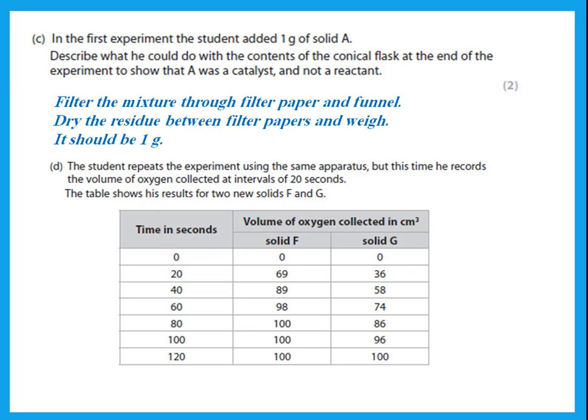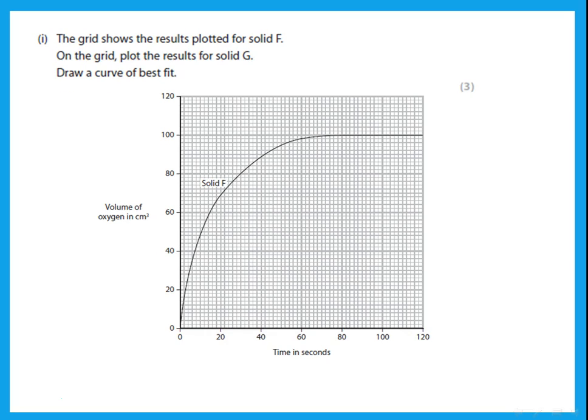The student repeats the experiment using the same apparatus, but this time he records the volume of oxygen collected at intervals of 20 seconds. So he's measuring the volume every 20 seconds for new solids F and G. He says the grid shows the results plotted for F. So he already plotted the graph for F, and on the grid he tells you to plot the results for solid